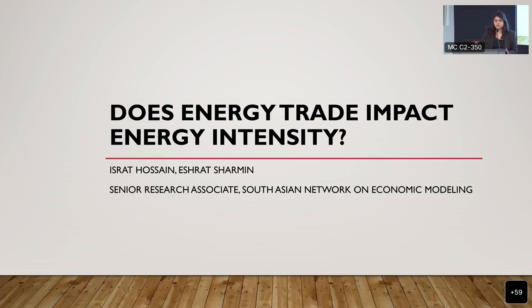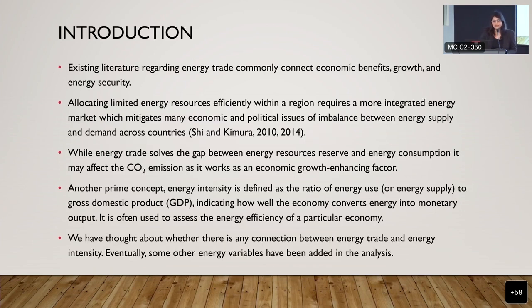For the last couple of years, we are facing a global energy crisis. And as Mr. Hans Timmer said, we need to focus on long run with the short run also. So we need a long run solution of our current energy crisis. For that, we need to focus on the energy sector mechanics, which is very much dependent on the energy trade. So existing literature regarding energy trade commonly connect with economic benefits, GDP growth, energy security. Energy trade is basically considered as a tool to increase the efficient use of primary energy